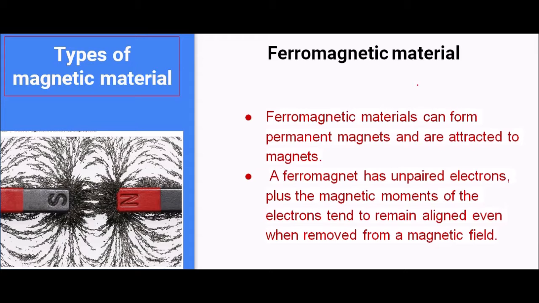Okay, so if we remove the external magnetic field, the material retains its magnetic properties, and the material shows permanent magnetism. Okay, this is the ferromagnetism case. And the material loses its magnetic property